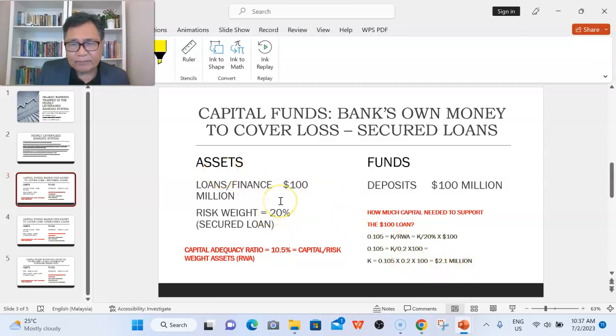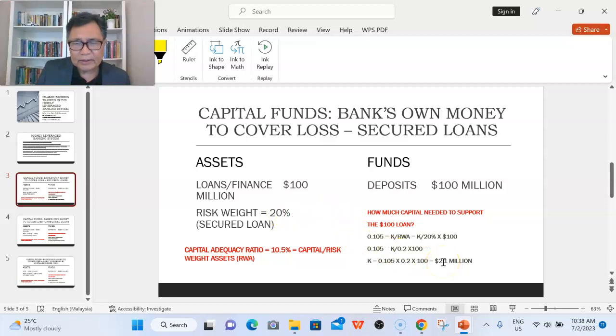However, if the loss is 3 million or 4 million, then we can see that the bank is not capable to absorb the losses, and therefore more underwriting or more precise measurement of risk need to be undertaken in order to ensure that the bank have enough capital to support the exposure, maybe to ensure that the risk weight is lowered from 20% to 10%. So this will require the borrower to put up more guarantors and collateral to reduce the risk, so that the capital requirement can be made lower, meaning that any impending losses, we have enough capital to